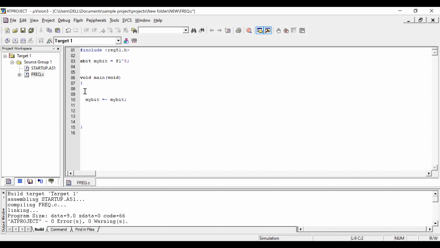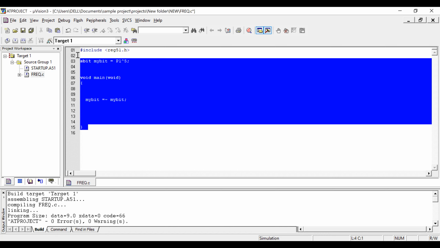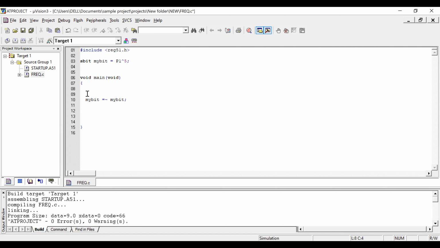As written now, it will toggle for one time. For infinite toggling, take while of 1, open the braces, close the braces. Now this is going to toggle a number of times without delay.